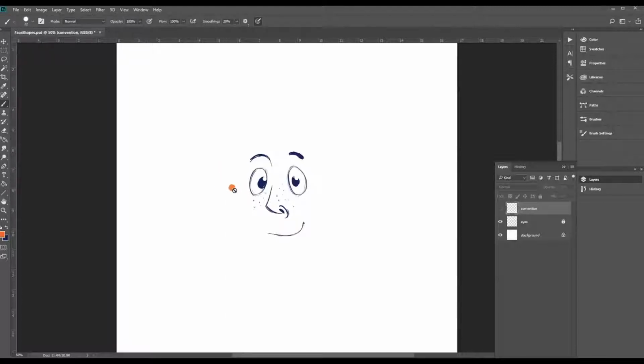This tutorial is going to look at face shapes because making a great character in a cartoon has a lot to do with the shape that you choose for the head as much as all the features inside it. So I've just drawn a face here in the middle of the screen and we're going to play about with the shape around the face. First of all though,